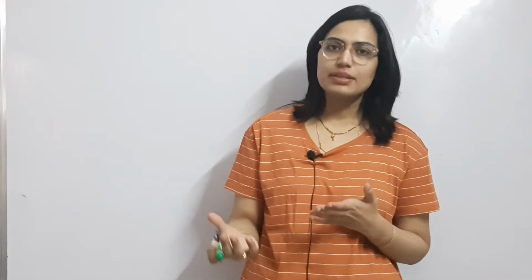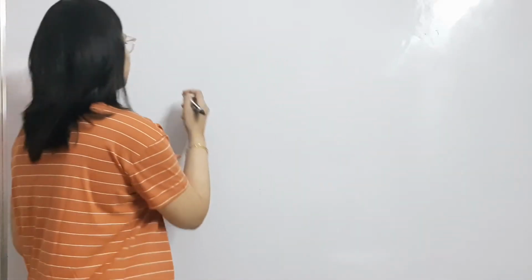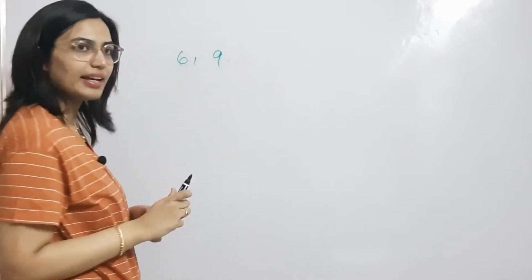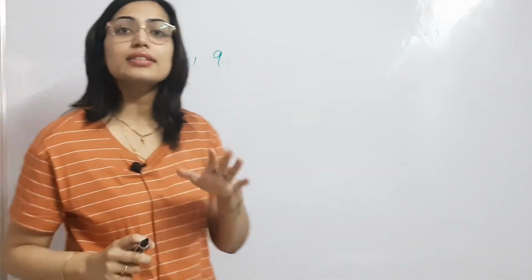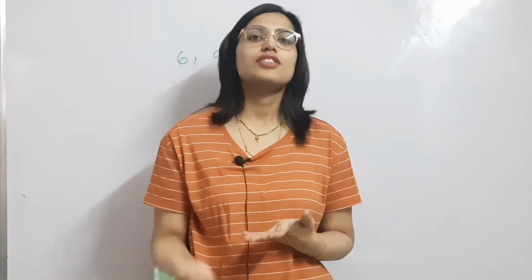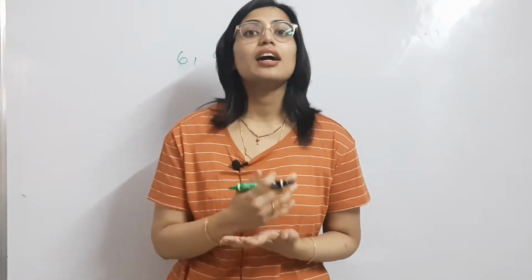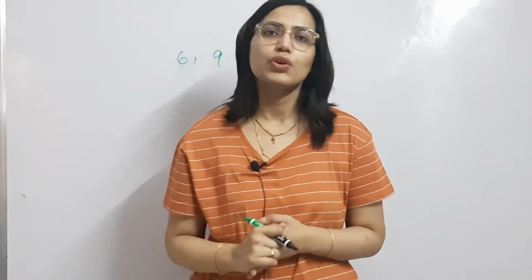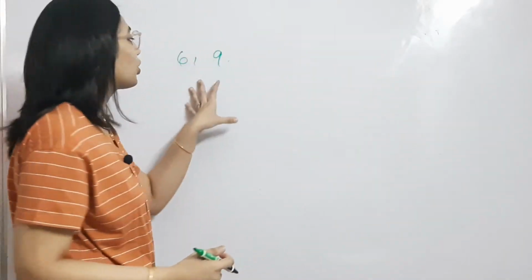So what is the LCM? LCM is the least common multiple that is divisible by 2 or more numbers. That means, for example, I need to find the LCM of 6 and 9. You can find the LCM of 2 numbers using prime factorization and using the division method. I have covered how to find the LCM of 2 or more numbers using prime factorization in 2 videos on this channel. I will link those videos up here for you to watch. But for now, I will tell you how to find the LCM using the division method.